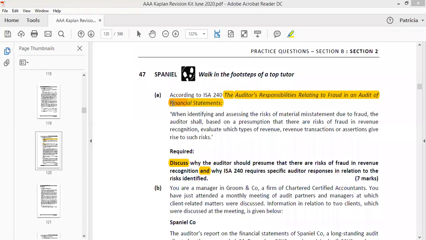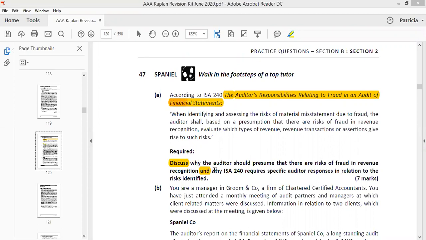Hello everyone, welcome again to another session where we're going to review the question Spaniel, which is a June 2013 exam paper. So this question was asked June 2013. So first of all, we have to go to the question requirement to see what exactly is required from us